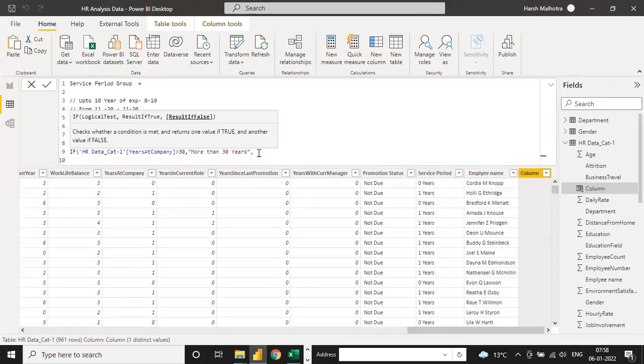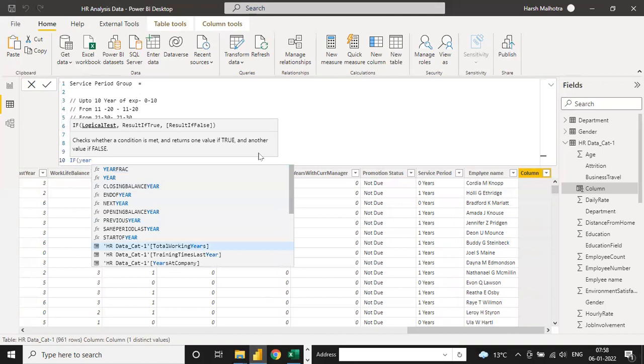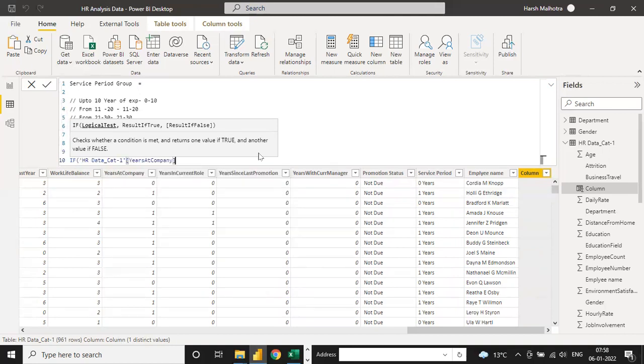Now click on the next line. Again, you have to write an if condition, because in total we have four conditions, so we are using if four times. Logical test again, years at company, and this time you write if years at company is greater than 20.